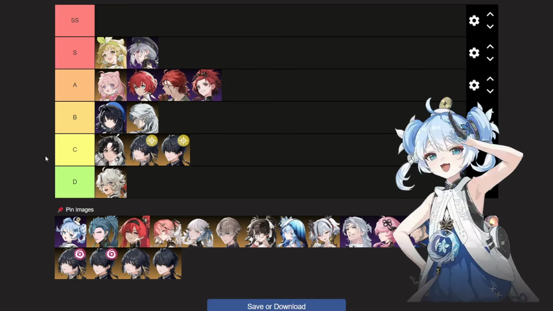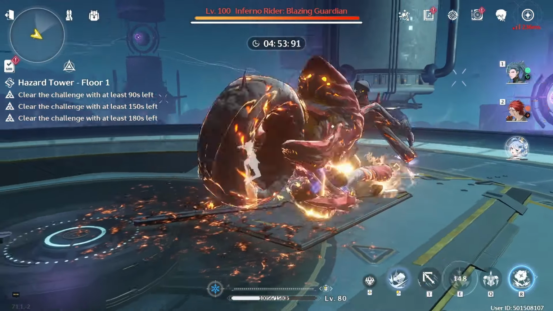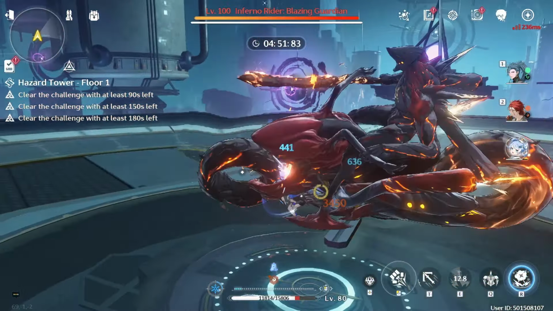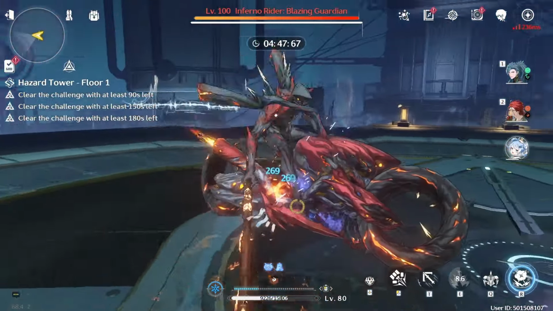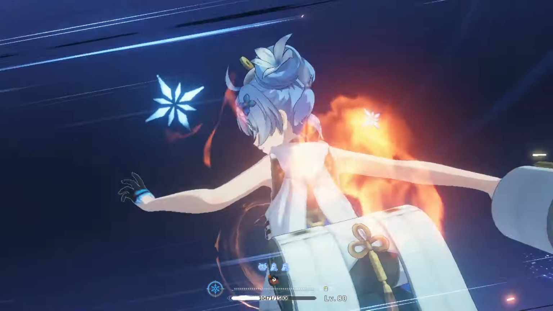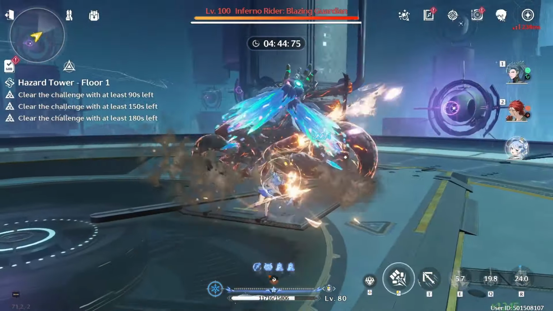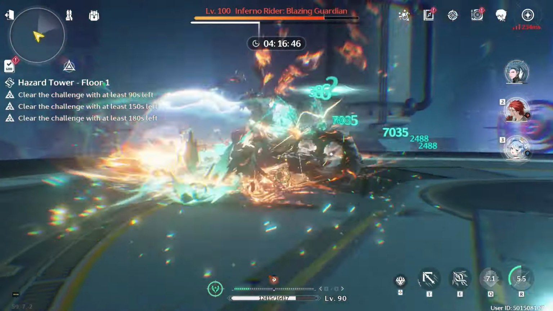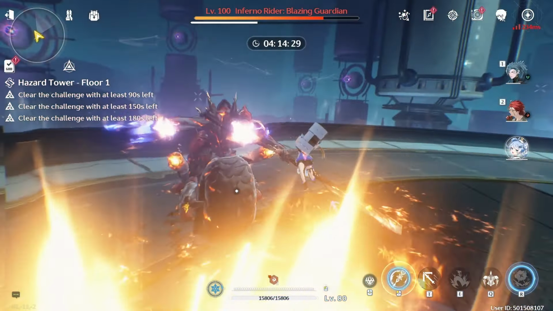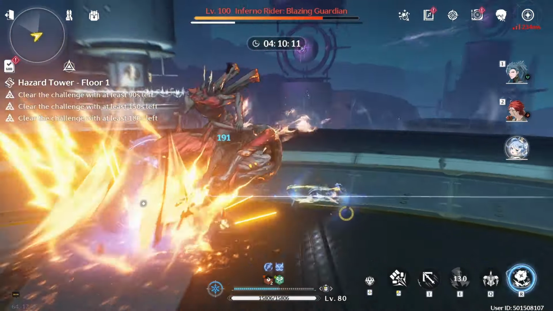The next character is Youhu. Now, Youhu is a 4-star healer that was released in 1.3 with the same patch as Shorekeeper, which is kind of weird, to release 2 healers at the same time, but okay. Her whole kit revolves around getting her antiques in a specific way, like getting 4 of the same antiques, or 2 of one antique and 2 of another antique, and then using a heavy attack to heal your characters, which